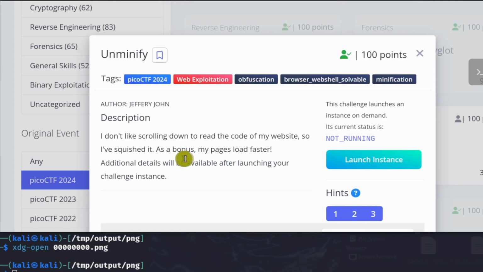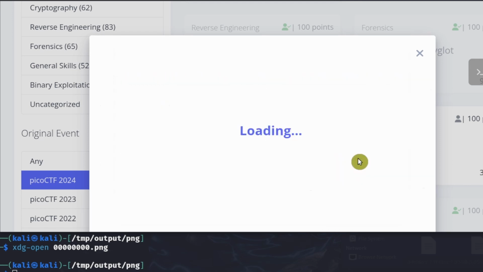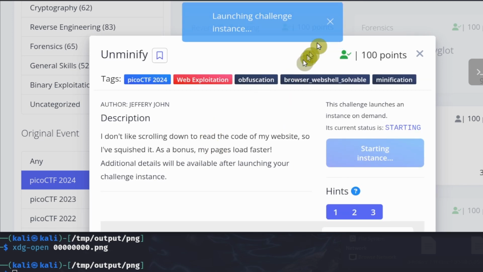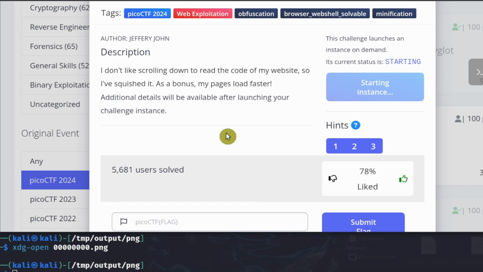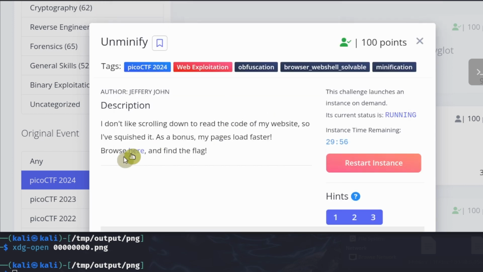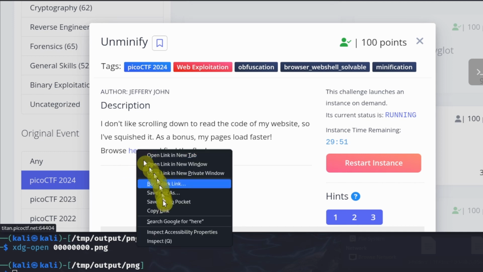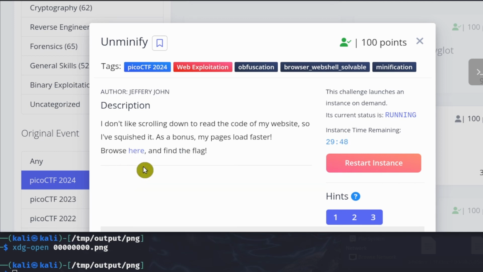Okay, so we can click on Launch Instance to start our virtual machine for this particular challenge. And then it says, browse here and find the flag. So I suggest you use your own challenge instance because the flag might be individualized. And I don't want you to copy my flag and then not be able to finish the challenge. So click there, put it in a new tab,